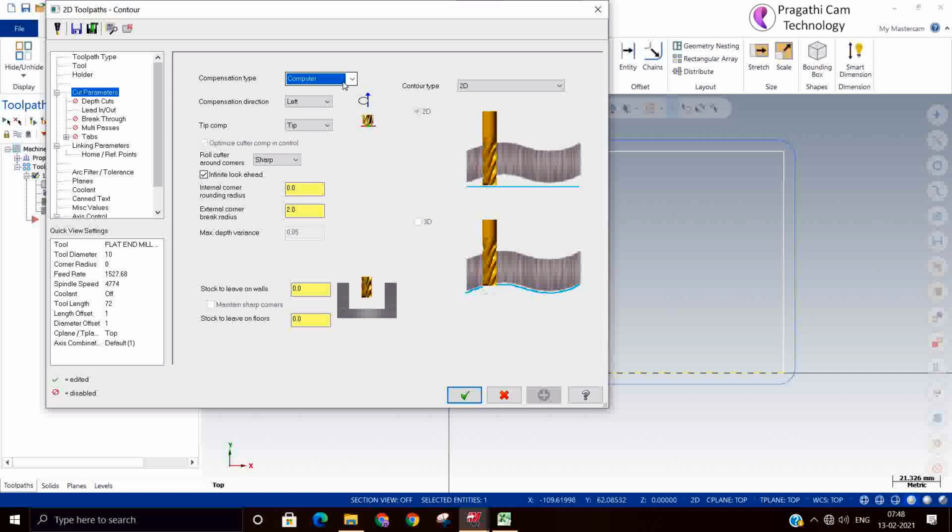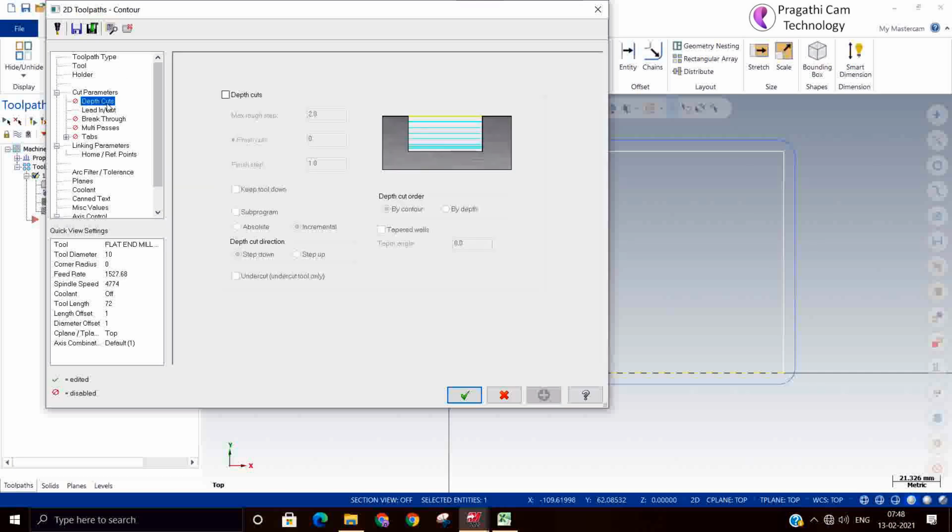Okay. Next, we'll come to the depth of cut. Suppose you want to cut 20 depth. You are not going to cut in a single shot. Depth by depth, for each depth you give some depth and machine.